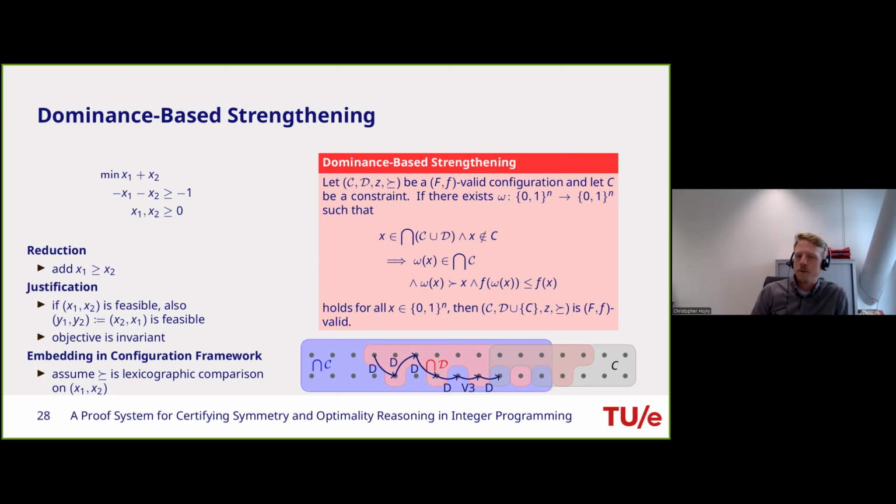So I've cheated maybe a bit, but this is indeed not the case, because now I can repeat this argument, and now I necessarily either have proven that my dominance-based strengthening witness doesn't work, because if I now make a step to the right-hand side, then I leave the core constraints. So my witness would tell me, okay, I cannot reach this step if I now need to go right. So I need to necessarily go up to satisfy both the core and the derived constraints and this new constraint C. And this repeated application of V3 and the dominance-based strengthening rule needs to necessarily terminate in finite time, because